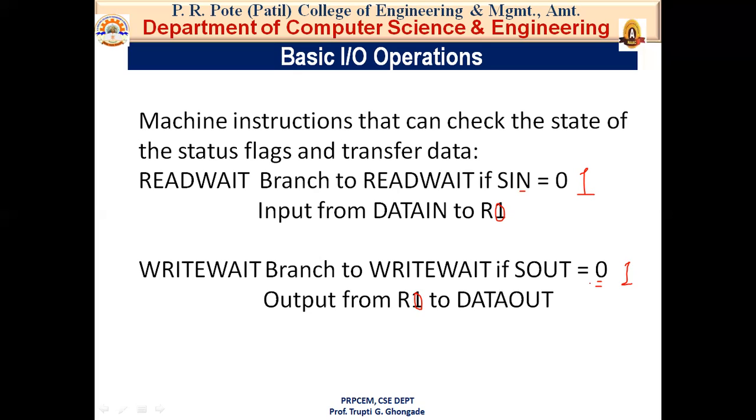Okay, but many computers use an arrangement called memory mapped IO, in which some memory address values are used to refer to buffer registers of peripheral devices such as data in and data out. As I told you, we have a separate topic in your syllabus regarding memory mapped IO and IO mapped IO, which we will discuss later in this section.